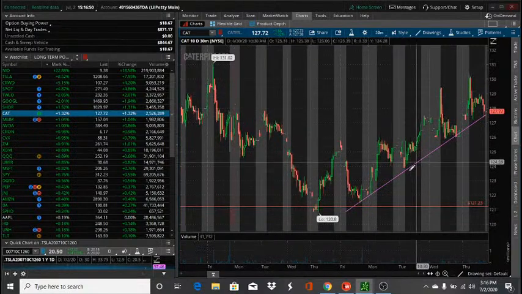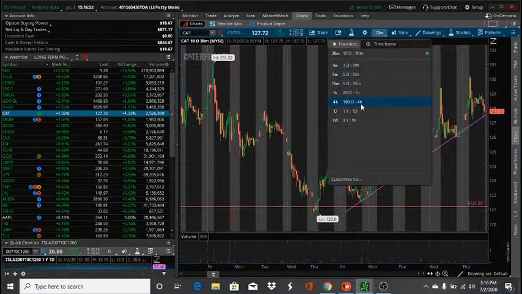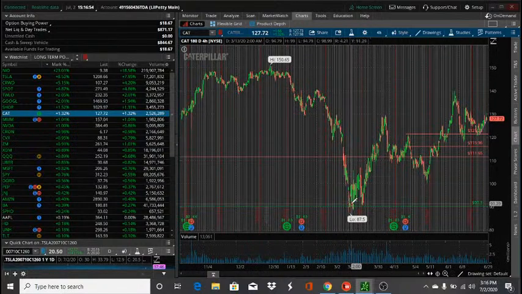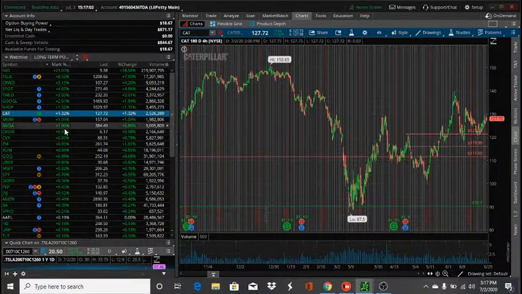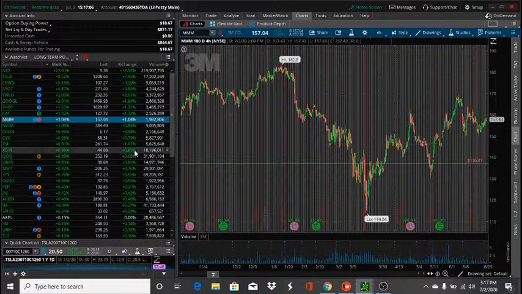This stock doesn't really move too much, so I'm not really a big guy on Caterpillar. I was a big guy trying to buy the dip down here, but I clearly missed out, and I missed the second entry too. So this one, I kind of just leave it alone, don't really mess with it. 3M,